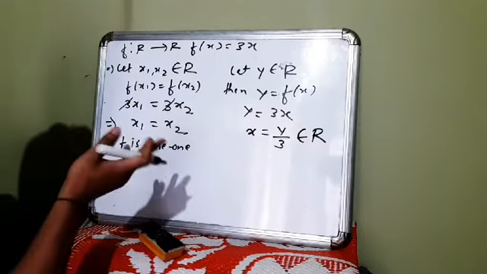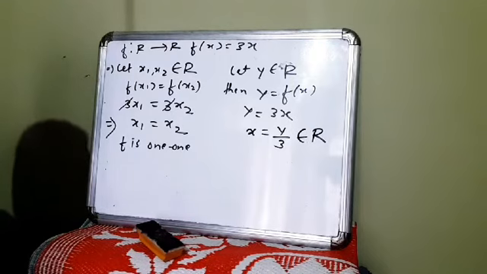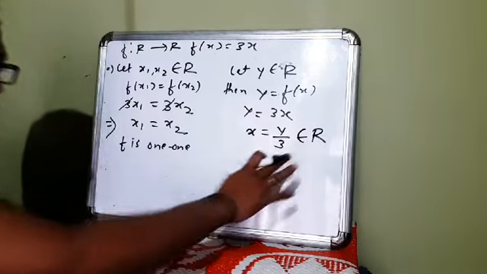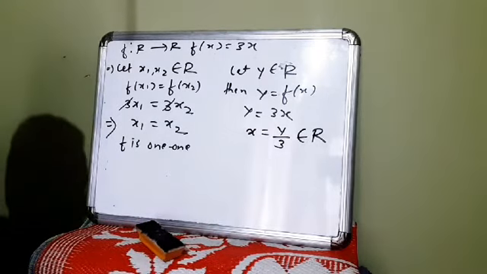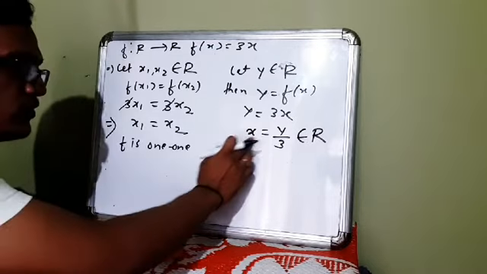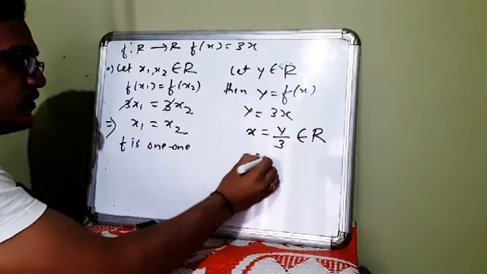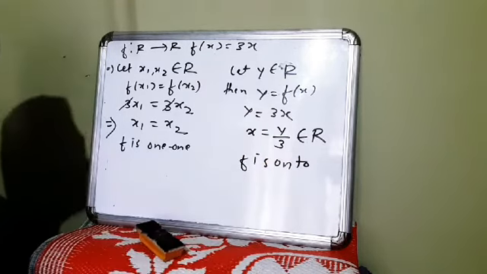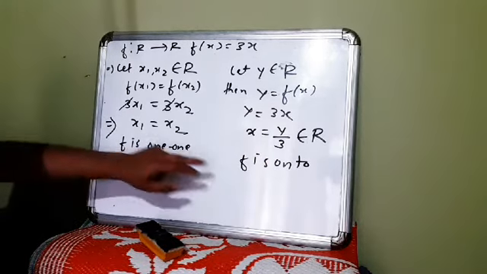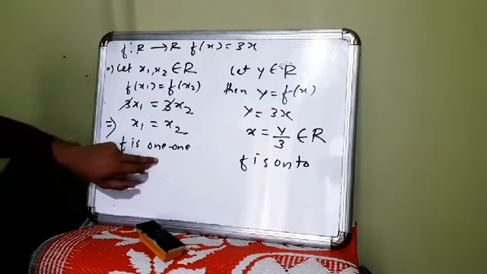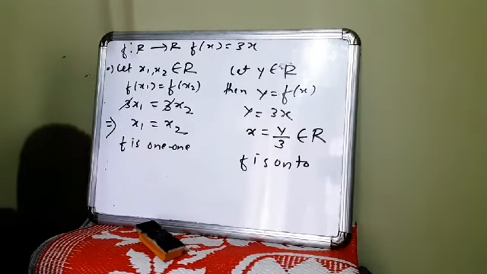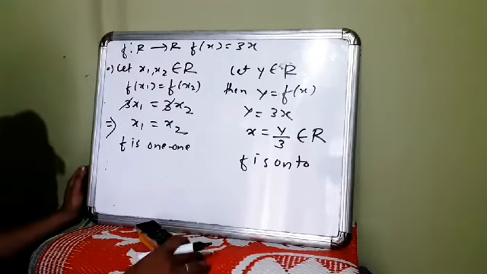I think it is present in R. Okay, see, anyhow they have said that you have to show that it is onto, so obviously this x value should be present in R. If you say it does not belong to R, then does it become an onto function? No. So therefore, the value y by 3 obviously belongs to R. Therefore f is onto. So here it is 1-1 and onto. Therefore, when the function is 1-1 and onto, that function is called a bijective function. Okay, this is one example.